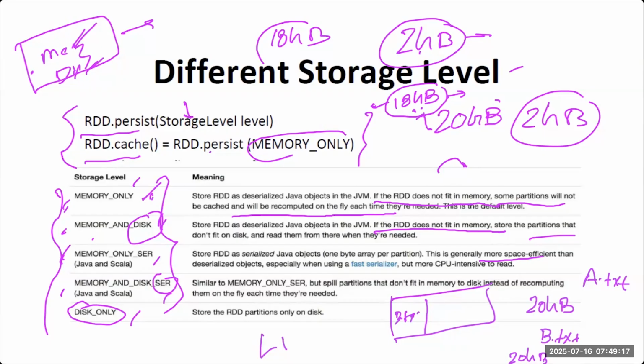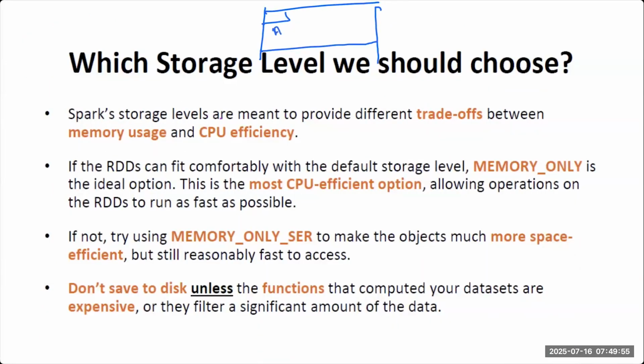Now let us take one more example. You have one server and you are storing data in it. Multiple data you are storing in it, and a time comes when your whole disk is full. Now you don't have any space left, and again you try to store data. So let's suppose you have multiple files in memory and you want to store some new file, and there is no space in the memory. So what will it do? It will remove the least used file from the storage.